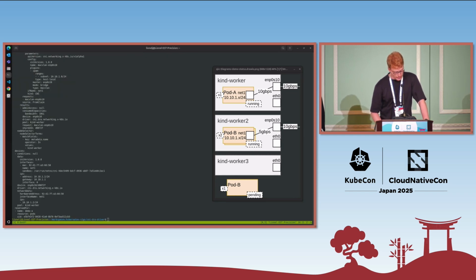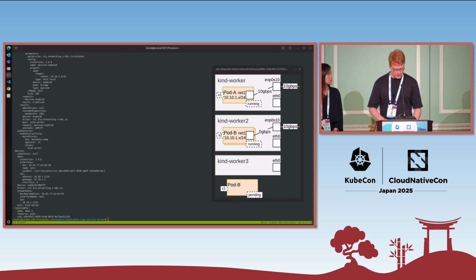In this resource claim, we have in the result a consumed capacity of 10 gigs as requested. We have this share UID because we are using this consumable capacity and we are creating a virtual device here. And we have the device status that contains several pieces of information. The first is the CNI result in the opaque data, but we can ignore this for now. And we have the network data that contains the MAC address, the IP address, and the interface name that has been configured in the pod.